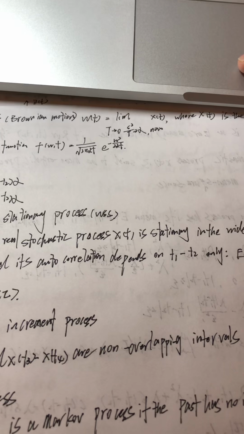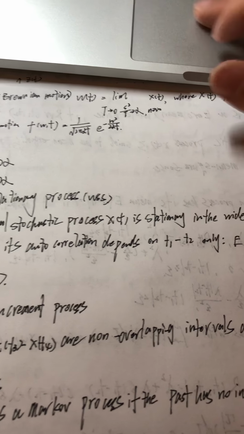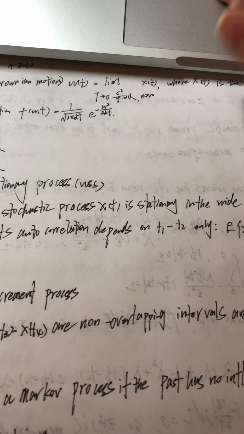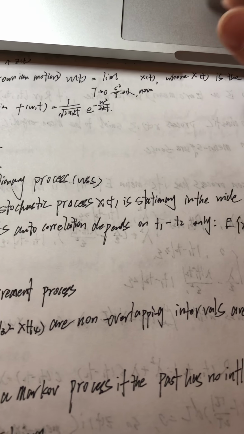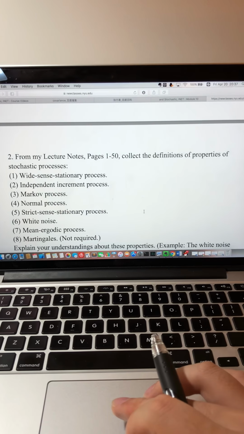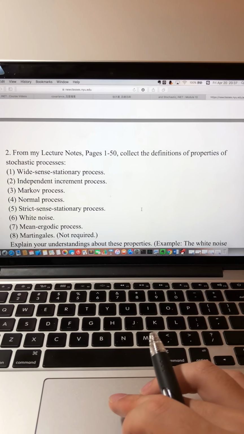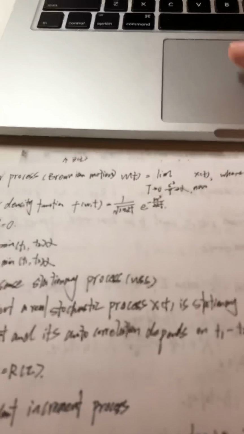I'm now doing homework 10 of probability and stochastic processes. I'm now doing question 2. Let's see the question from the lecture notes, pages 1 to 50: correct definitions of the properties of stochastic processes. And first of all, let's see the